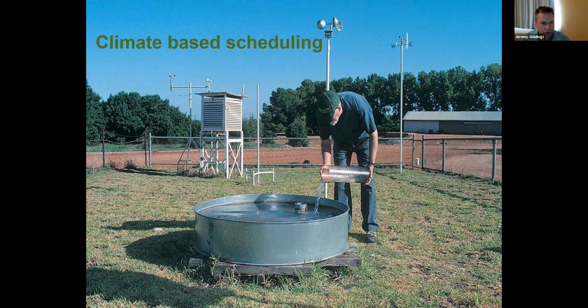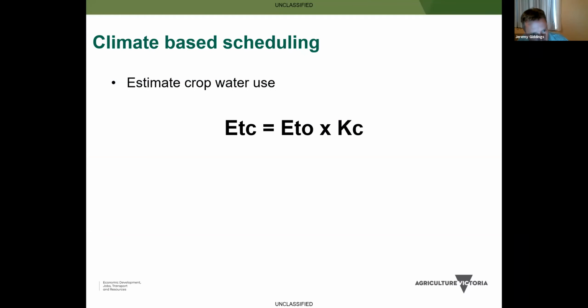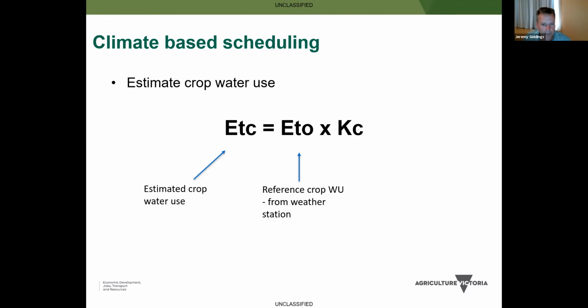And then we moved to screens and weather stations where we start measuring ETo. And now we've moved on again, which is what I want to talk about. But what we've always done is we've got this simple equation, and it's to estimate crop water use. And I'll emphasise that it is an estimate. And we've got ETc, estimated crop water use, equals ETo, which we get from a weather station, and Everard touched on this a moment ago,